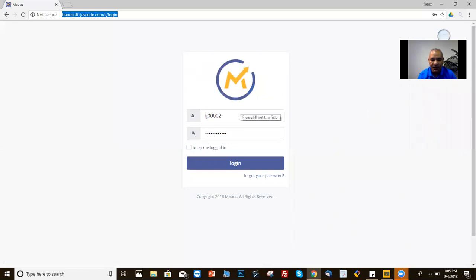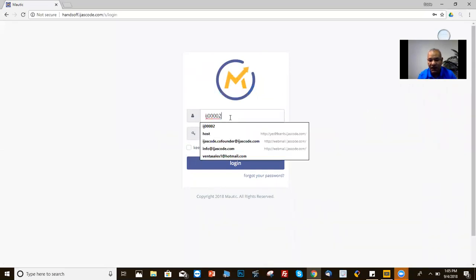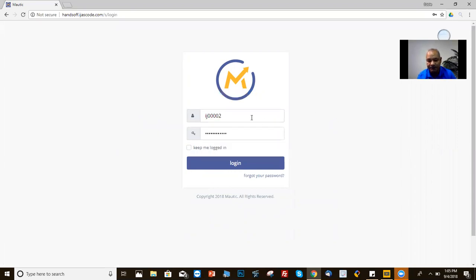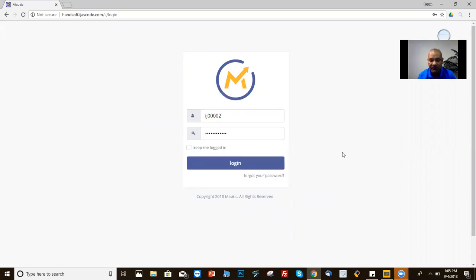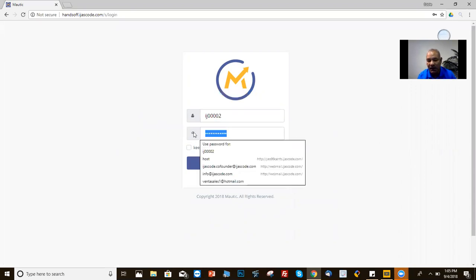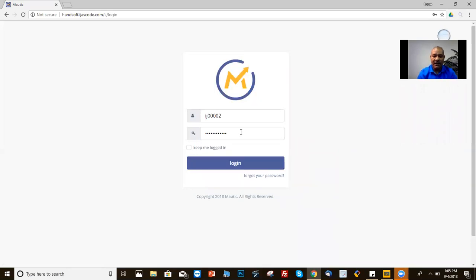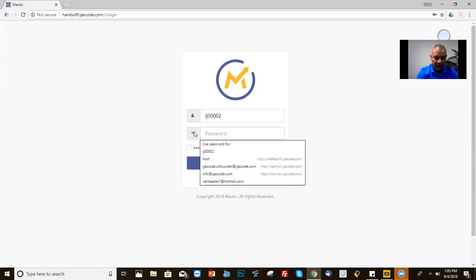So once you get here, you need to change this. It's asking for a username, which would be your Ajasco ID. At the bottom, it's asking for password. By default, we set it up as member 2017 with capital M at the beginning. So remember, you need to type in your username here, which is your Ajasco ID, and at the bottom, it will be your password, which by default, we set up as member 2017 with capital M at the beginning. All right, I'm going to go ahead and type in my information